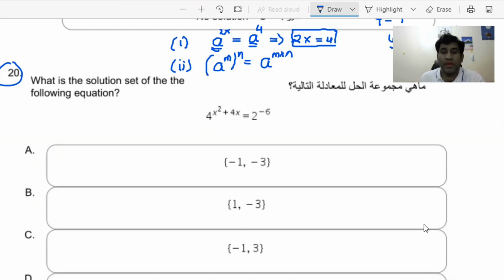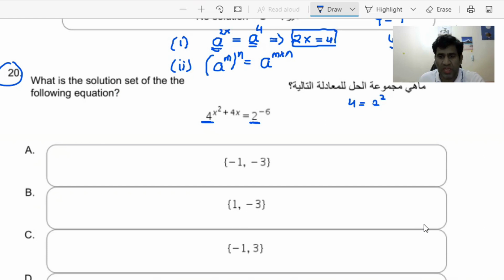Okay, but if you look at the expression given here, we don't have the bases the same. Here it is 4 and here it is 2. Then how do I do that? Without making the bases the same, I can't use this rule. Look, these bases 4 and 2, I can make them the same base. 4 can be written as 2 square, isn't it? So I can write the 4 as 2 square.